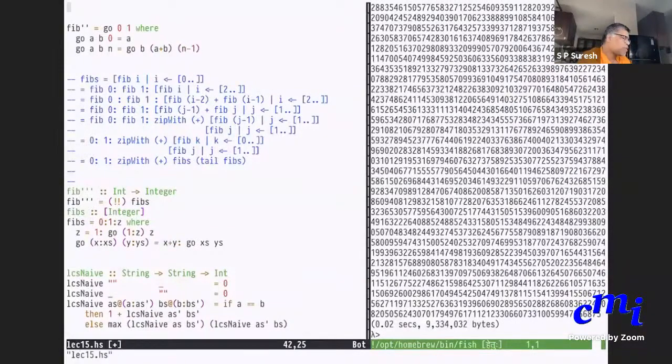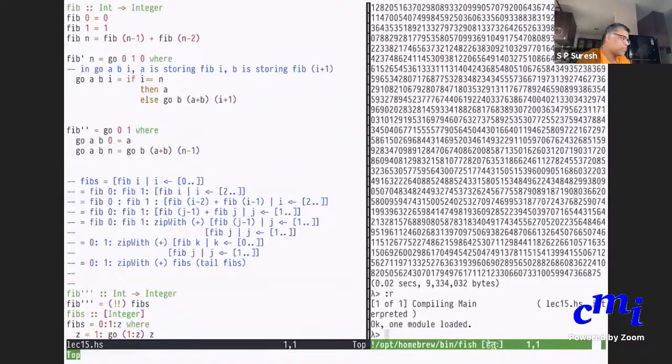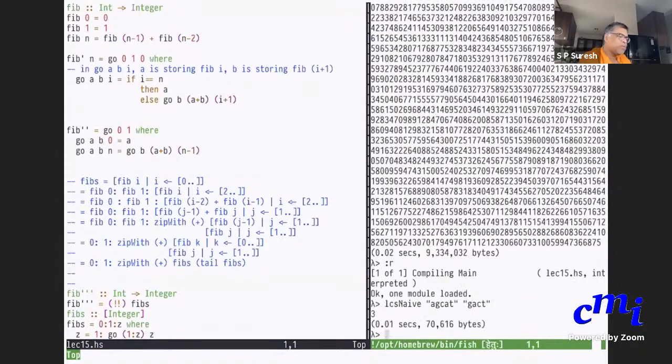Okay. So give me some two strings now. I have run out of imagination. So give me two strings. Let's try that AGCAT. Okay, this is saying 3 with this thing. Can you give me something else? Something larger.